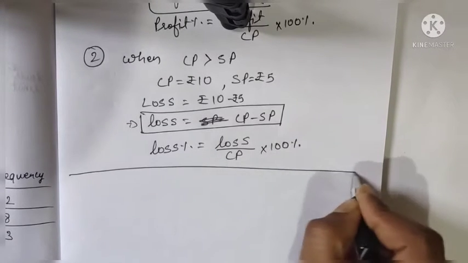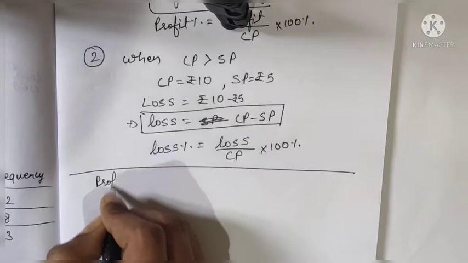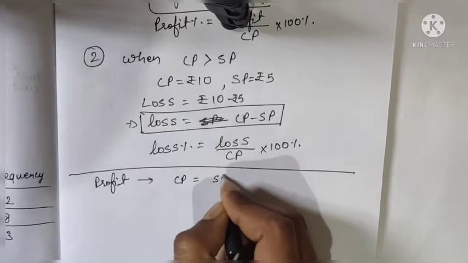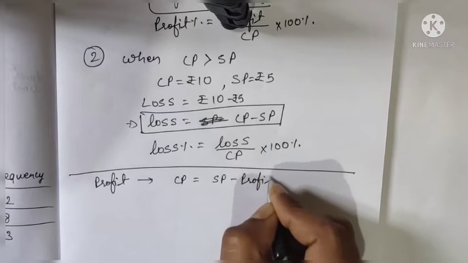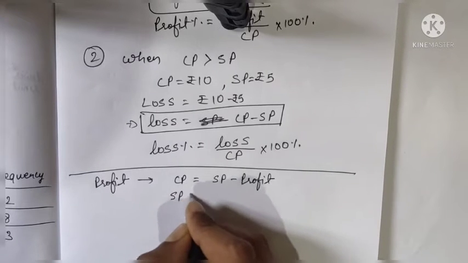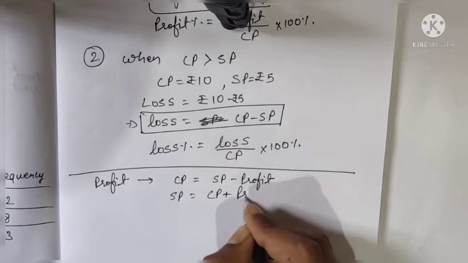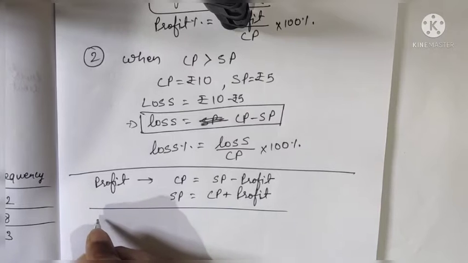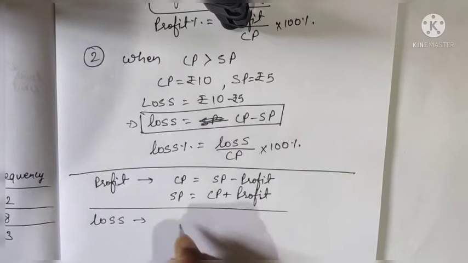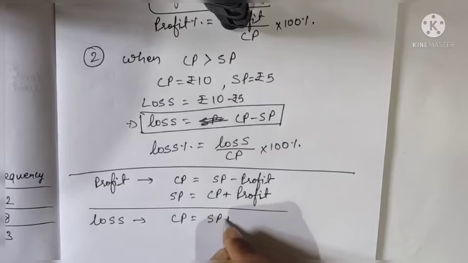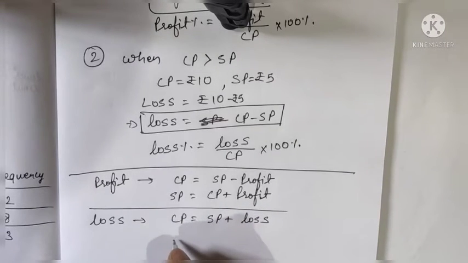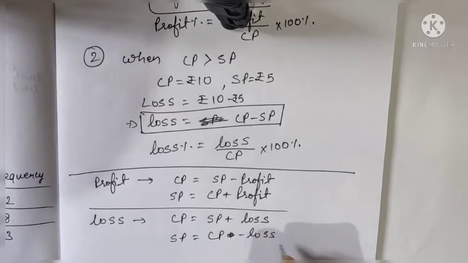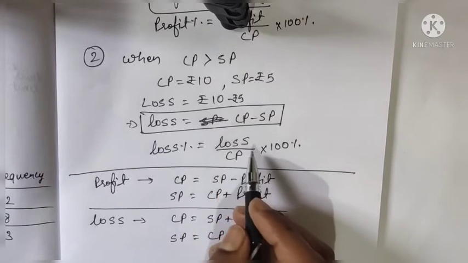Easy. Now in the case of profit, CP will be equal to SP minus profit and SP will be equal to CP plus profit. It is a general concept. And in the case of loss, CP is equal to SP plus loss and SP is equal to CP minus loss, or you can derive it from the previous known formulae, such as,